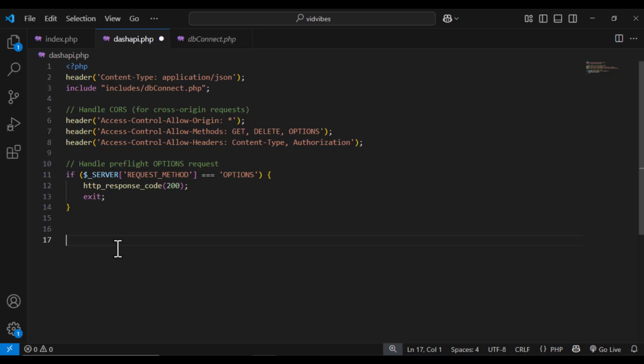So the next thing we are going to check is the request method. That is to say, what does the user want? What is the request method? So we first of all say if server request method. This line is like saying, imagine your